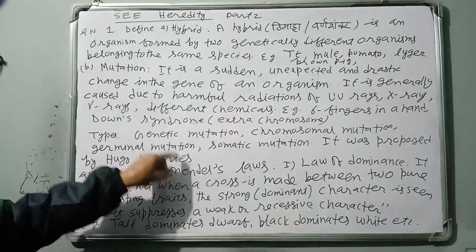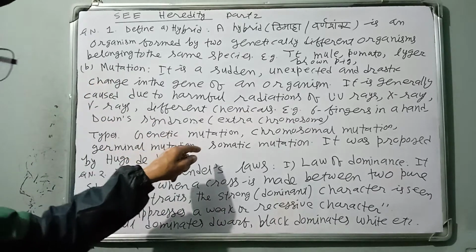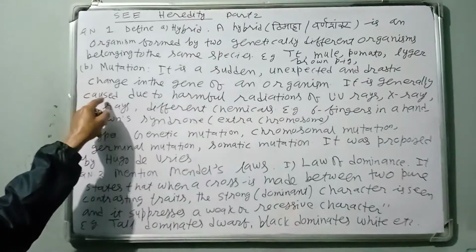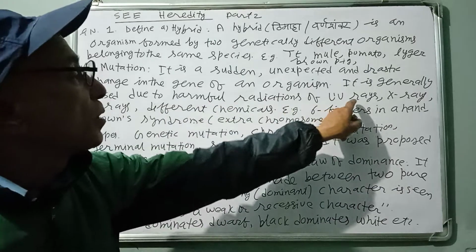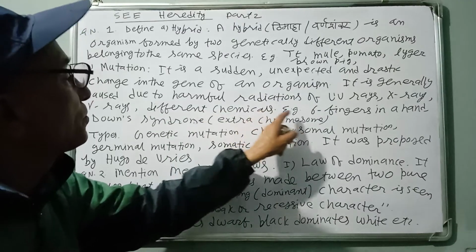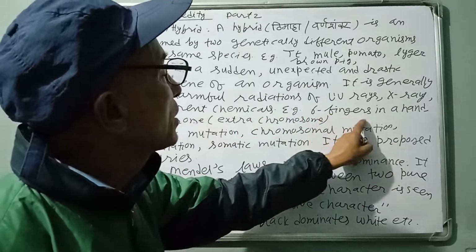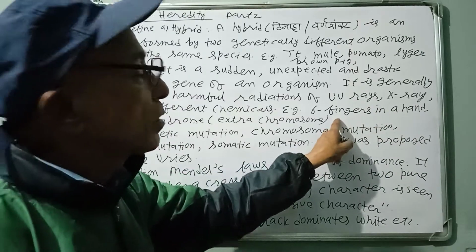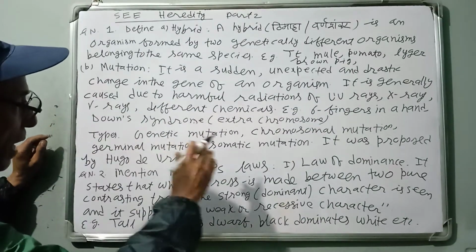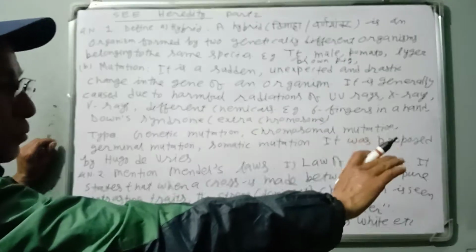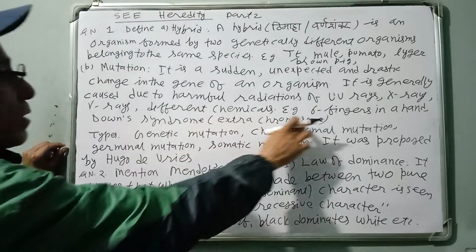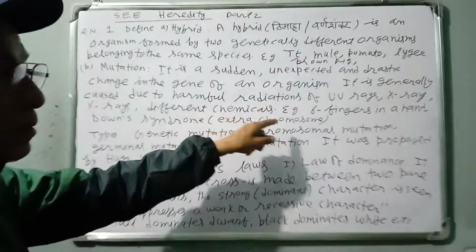Hugo de Vries said mutation is the exact cause of origin of new species, and mutation is generally caused due to harmful radiations of the ultraviolet rays, X-rays, gamma rays, beta rays, and different chemical substances. For example, 6 fingers in a hand. It generally occurs all of a sudden, and mutation occurs at a time all of a sudden, and it passes through generation to generation. 6 fingers in a hand, Down syndrome, extra chromosome, and so many others